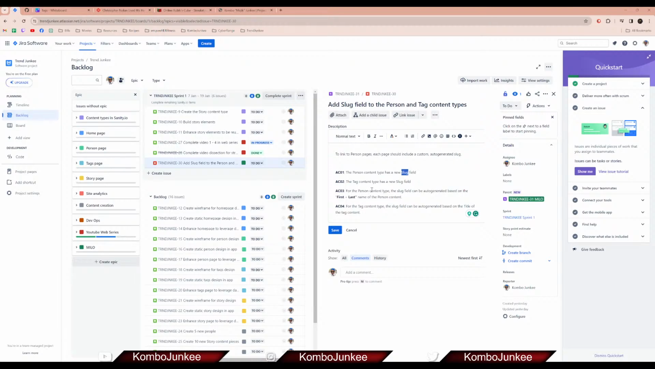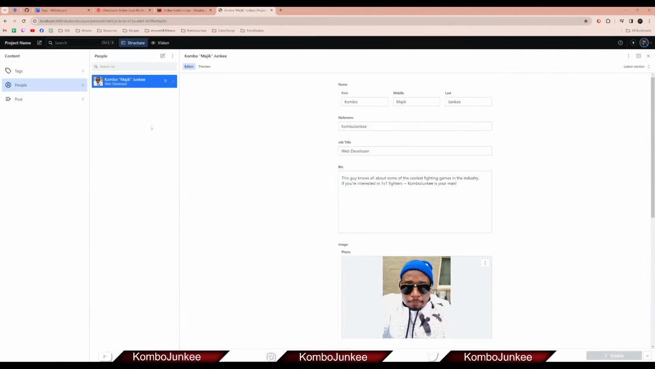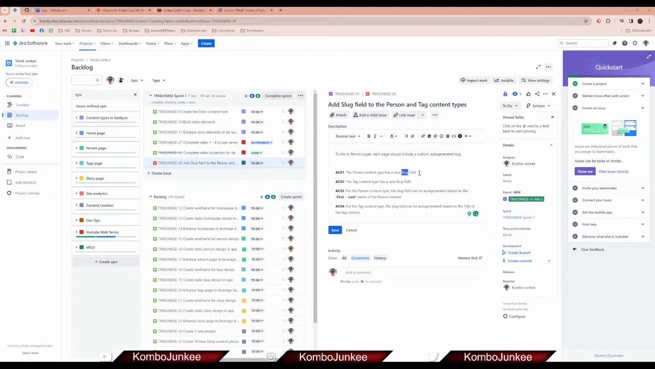And the slug field, for those who don't know, slug is basically a URL, right? I need this person content piece to have a URL so that I can access it through a URL. And if we look at the ACs, the first AC is that the person and the tag content types both